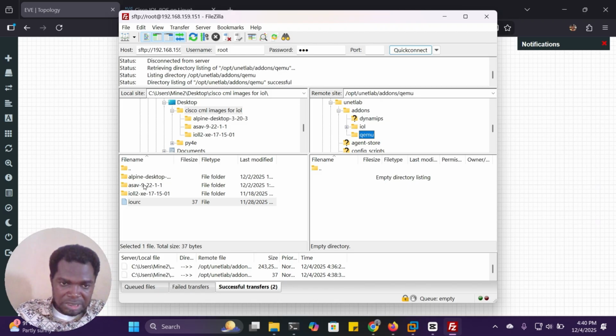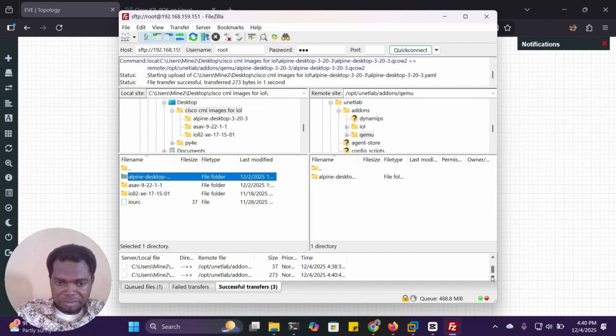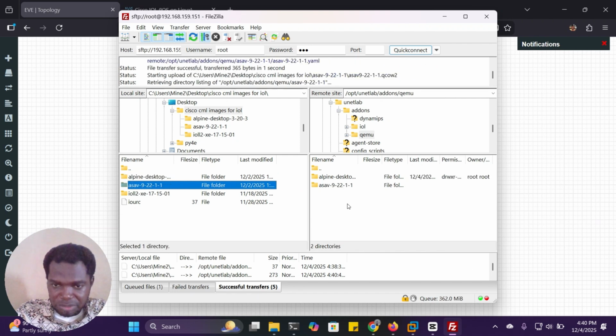We don't need to extract any file from inside the folder. So the Alpine desktop, just drag and drop. Okay, ASAv firewall, just drag and drop. And then we check the progress.